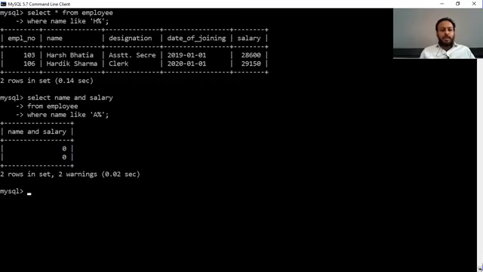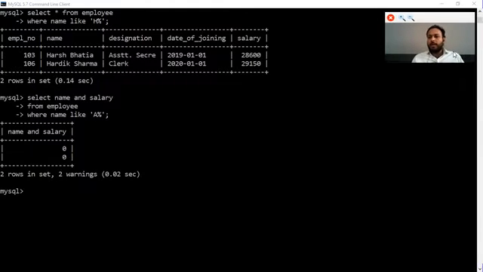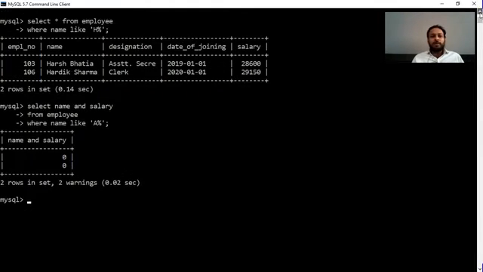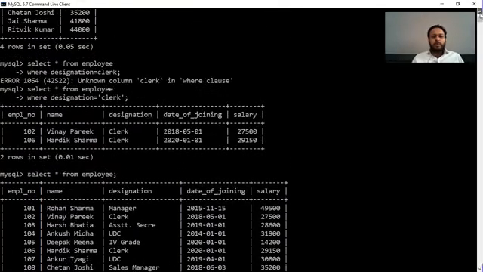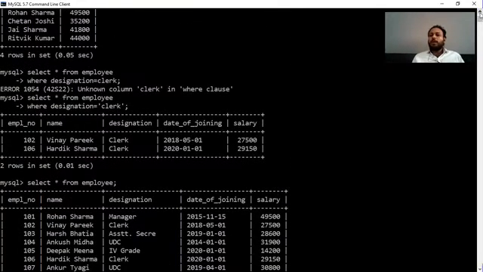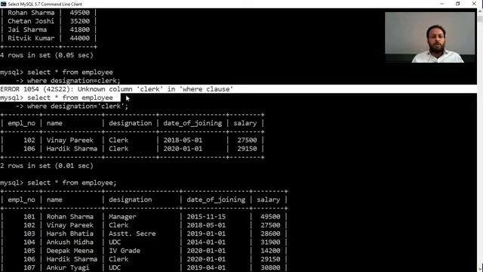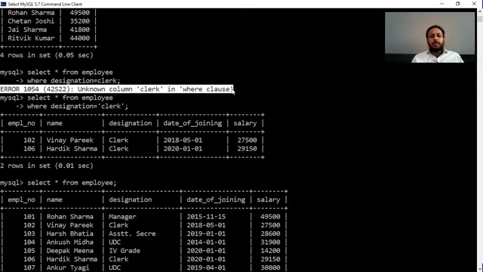One more thing, you have to identify the errors. Sometimes we make errors, so we have to identify which type of error it is, because without identification it's not complete. Here one error is 1054, unknown column clerk. It means I haven't placed the single quotes, so it is comparing the designation column to a clerk column.